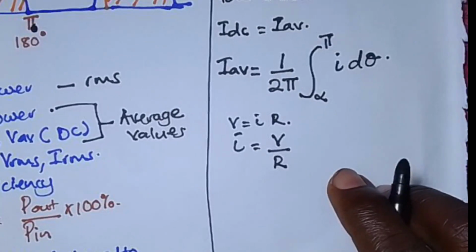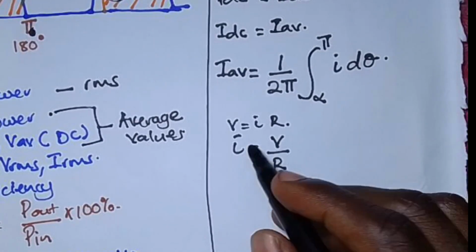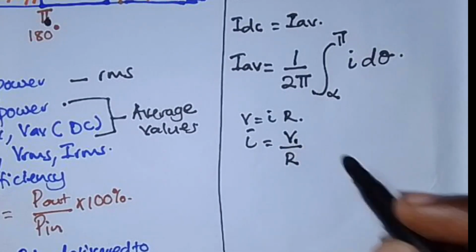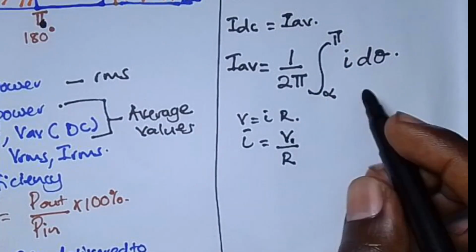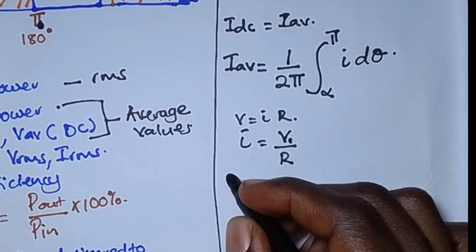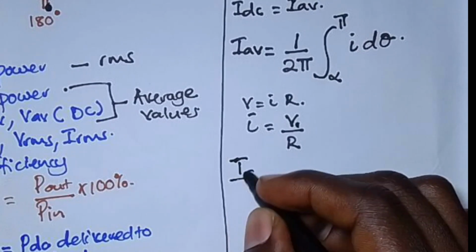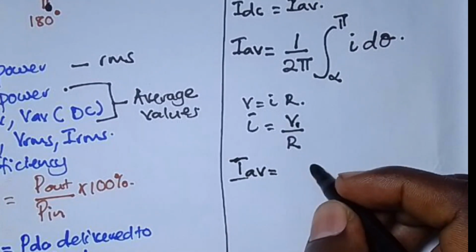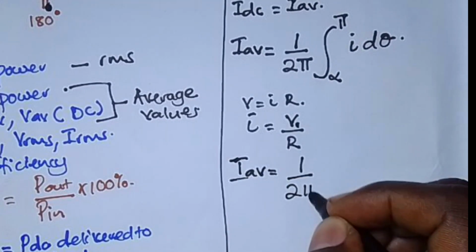Are we together there? So I will put this inside there, and I'll have my I average being equal to 1 over 2 pi